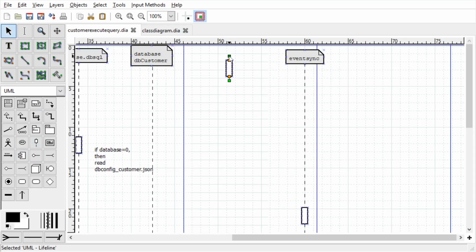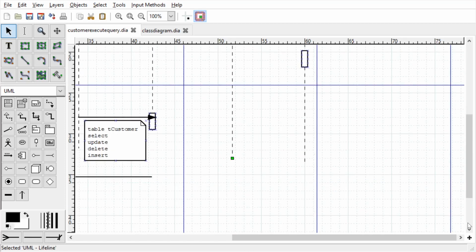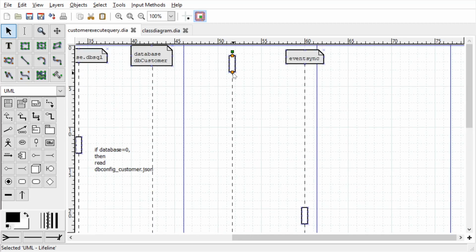I'm just showing you how to draw the sequence diagram. You need to create the sequence diagram in the same way, because otherwise how will others understand how things are working? You need to explain them, right? So you need to know how to draw the sequence diagram.